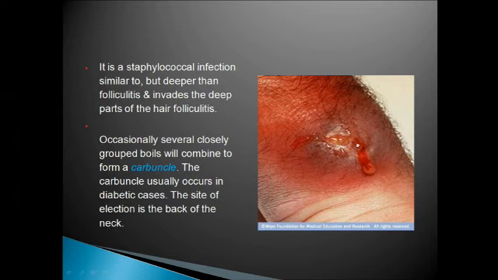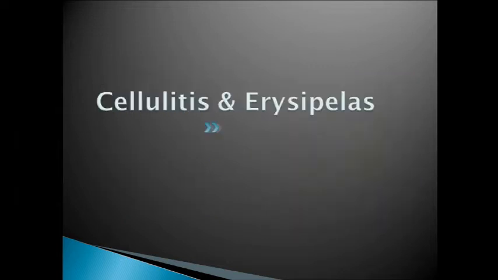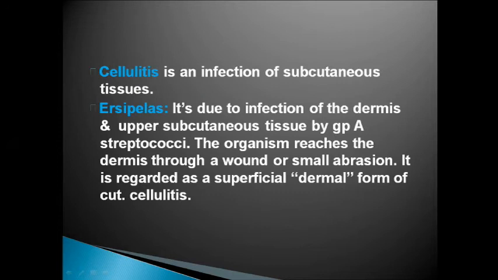So we have to know the difference between folliculitis and furuncle. Folliculitis is inflammation of the hair follicle, furuncle is infection of the hair follicle and the surrounding tissue, and carbuncle is multiple clustered furuncles grouped together. Now we have discussed the superficial infections, that was impetigo, bullous and non-bullous, then the appendages, that is folliculitis, furuncle, and obviously sycosis barbae. Now we go to the deeper part of the skin. The most important infections of the deeper part of the skin are erysipelas and cellulitis. Erysipelas is a limited infection of the dermis.